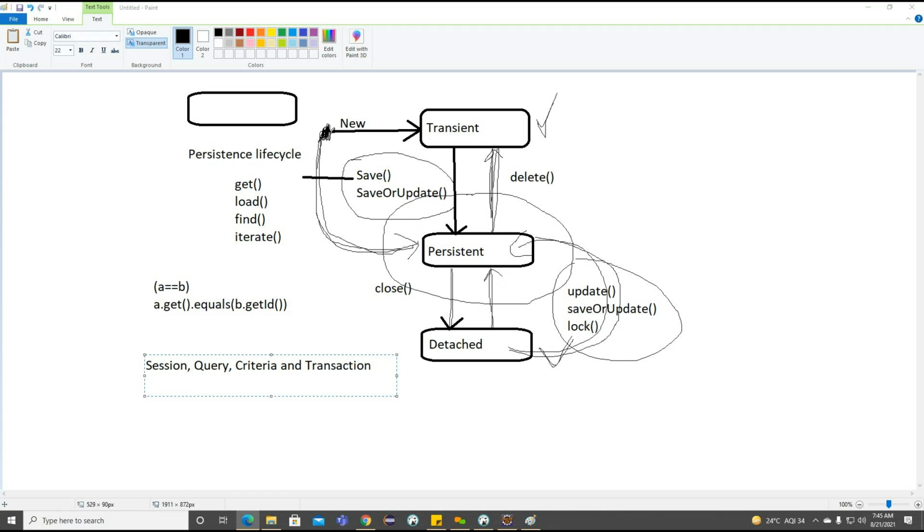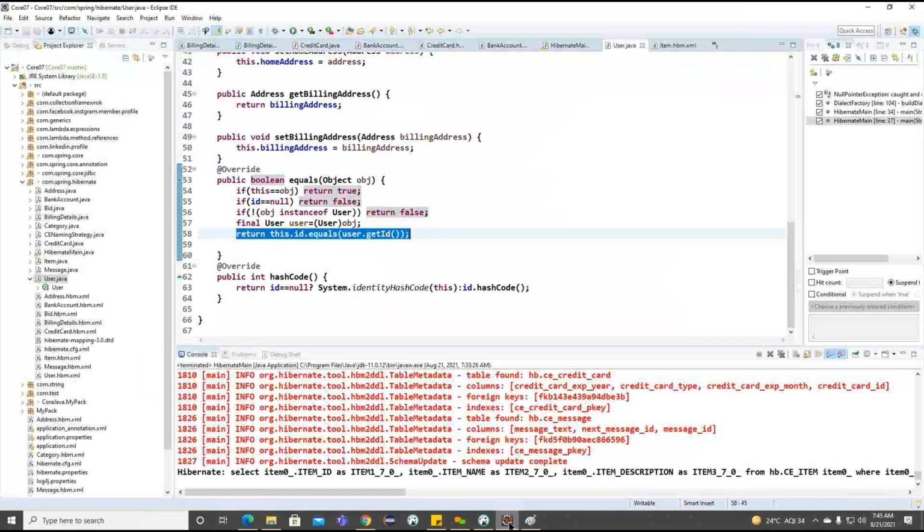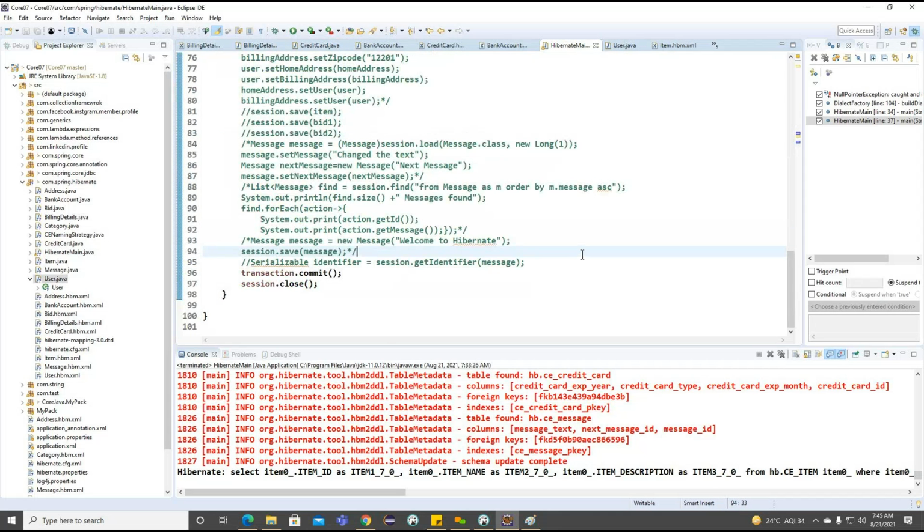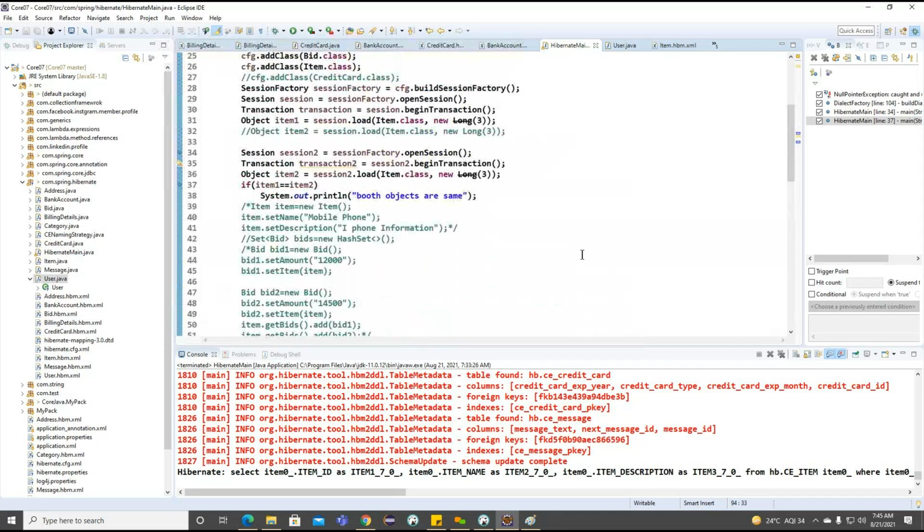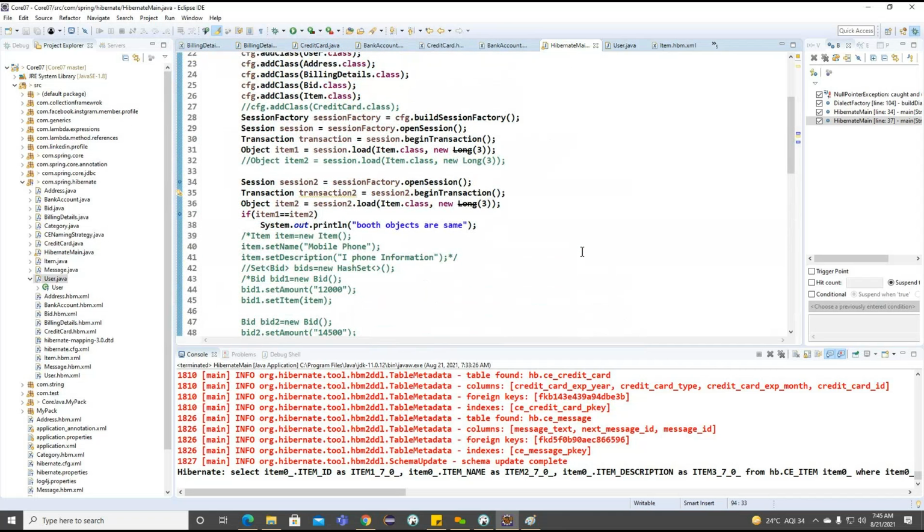Okay, now I will try to work on the persistent objects. So how are we going to make the persistent objects? The simple example, from the previous example, we'll check with the message related example.